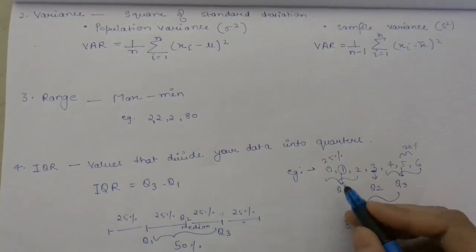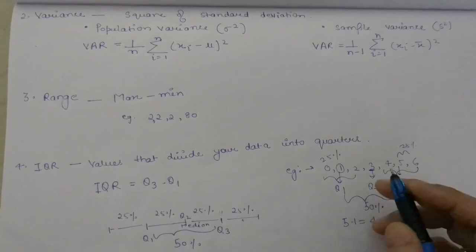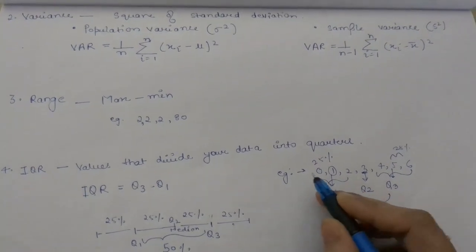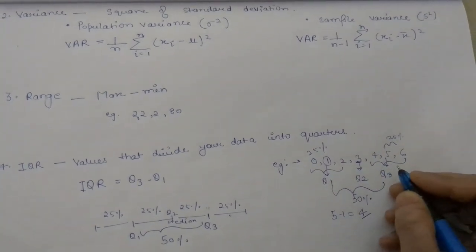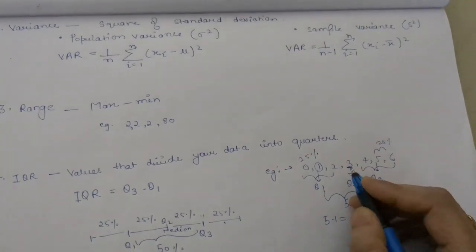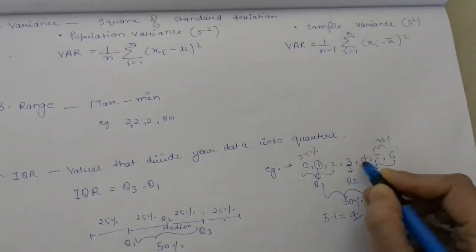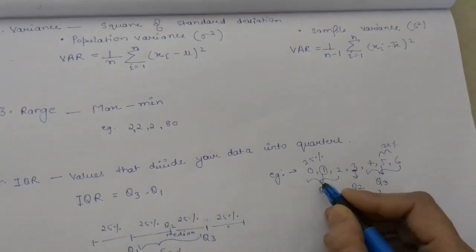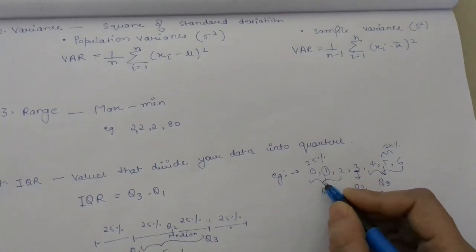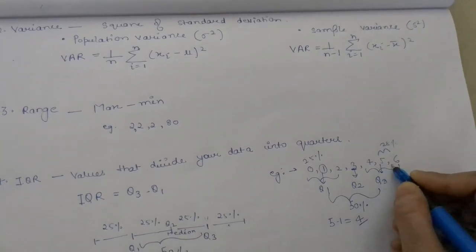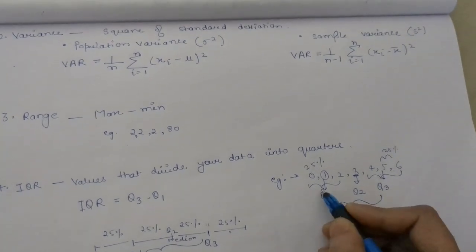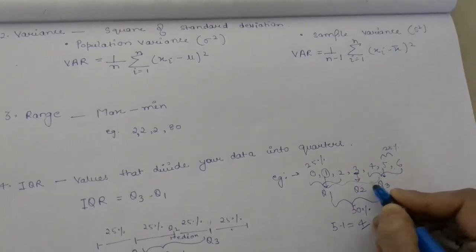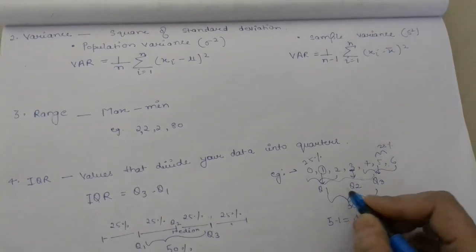If you have a data set in which you have extreme values or outliers at both ends, at both ends means आपके लेफ्ट हैंड साइड में भी हो और राइट हैंड साइड में भी हो, in that case you will consider the middle portion of the data. Middle portion, that is 50% of the data. You will not consider this 25% and you will not consider this 25%, which is above Q3 and which is below Q1. You will only consider this 50% data if you have extreme values on both ends.